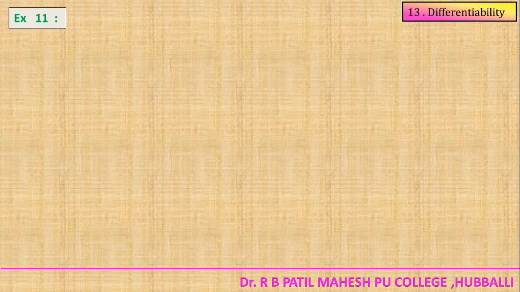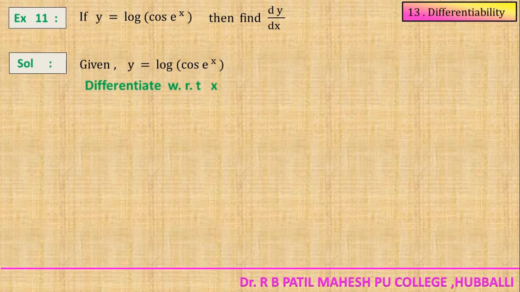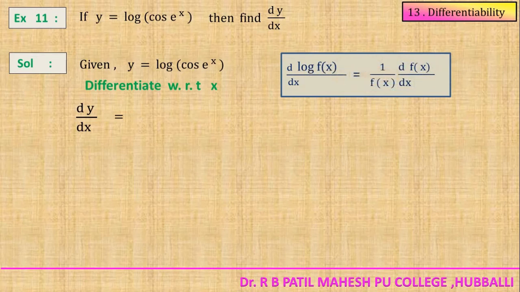Another example, if y is equal to log of cos of e raised to x, then find dy by dx. So this is again a composite of three functions, log, cos and exponential we have. So first you write the given function, differentiate. So now here for the log term, what is the variable? This term, bracket. Take the reciprocal, you write it in the denominator, that is a rational function, 1 divided by cos of e raised to x and d by dx of cos e raised to x.